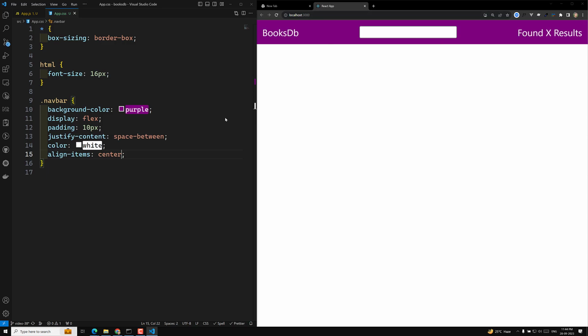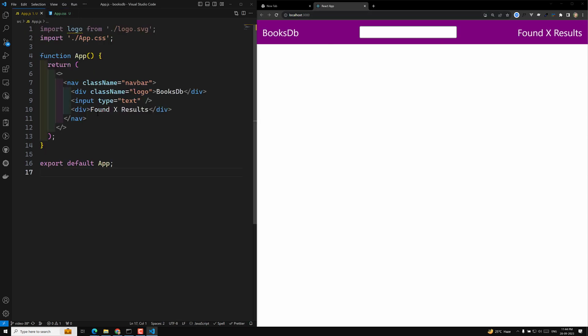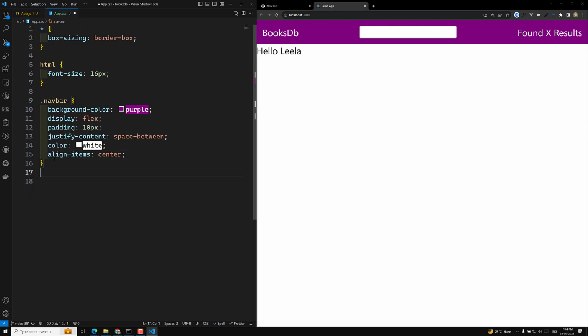Yeah, now this is the thing. Now in app.js, let's go here, and you will be having another one, something like div className is equal to main, and in this main I will write hello Leela. So we'll try to design this main part also. So here you'll be able to see this one, and for this main thing, let's try to write the CSS